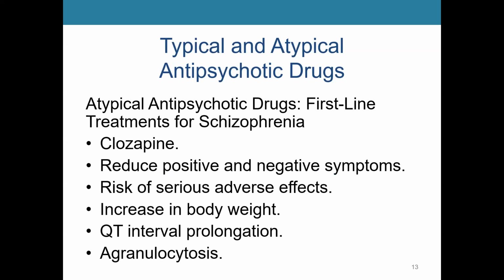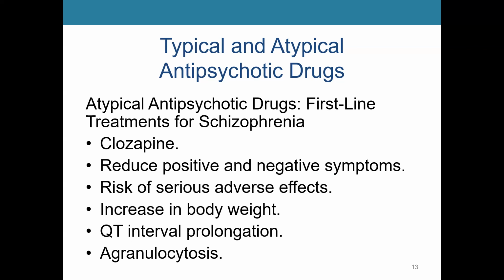Clozapine was the first atypical antipsychotic drug. It was synthesized in 1959, only a few years after the discovery of chlorpromazine. Researchers disregarded clozapine as an antipsychotic drug at first because of the lack of experimental extrapyramidal side effects in animal models. So clozapine was not used clinically for schizophrenia until the 70s and 80s.